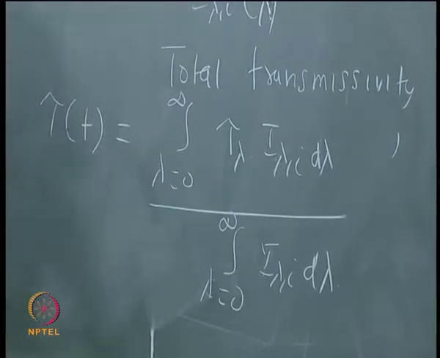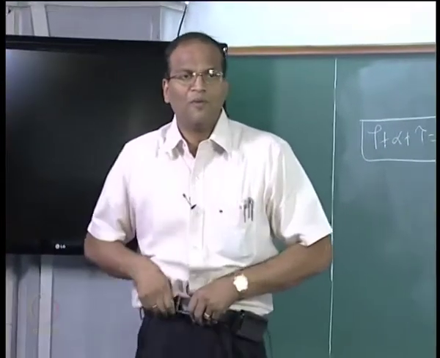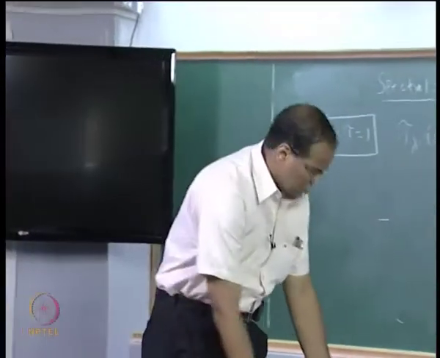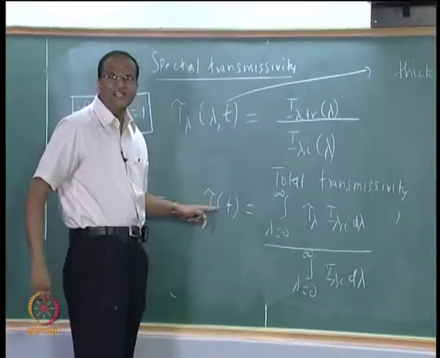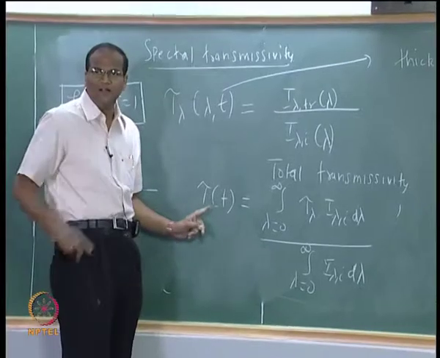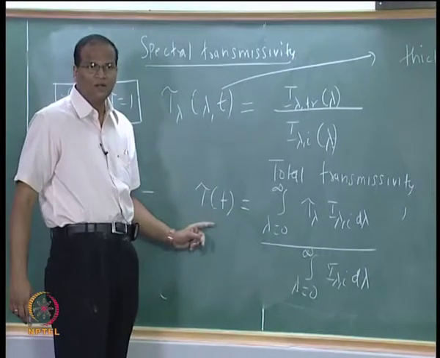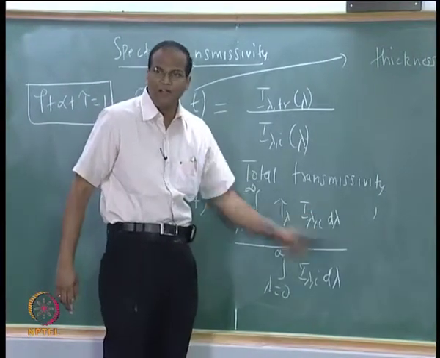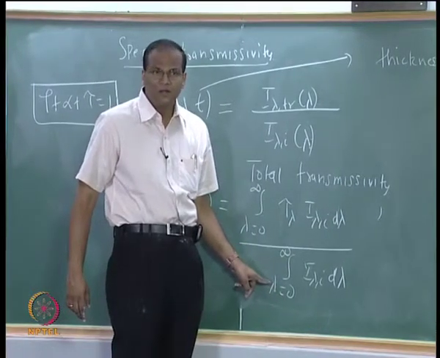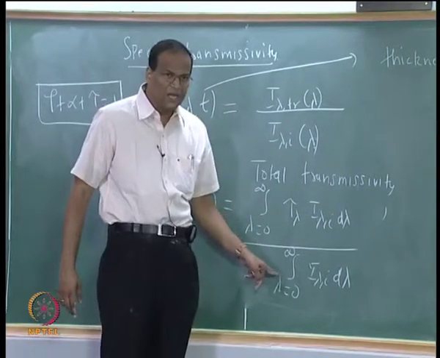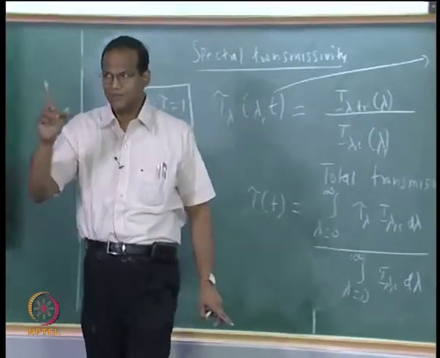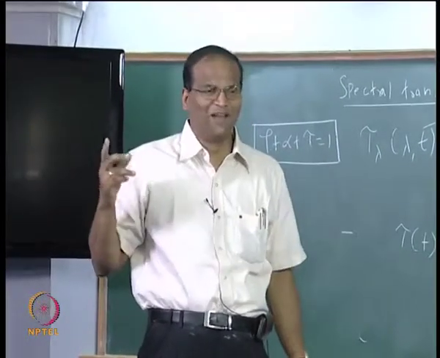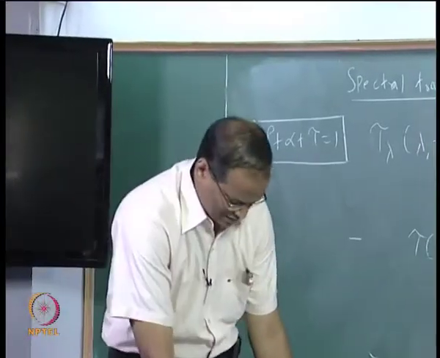We will work out such a problem in tomorrow's class. We will also work out a problem about the sun control film, how it works. Okay, I will stop now. You can work this out for the special case of irradiation from a black body. Tau equals the integral from lambda 0 to infinity of tau lambda E B lambda d lambda, divided by sigma T to the power 4. If I use I B lambda it is divided by sigma T to the power 4 by pi.